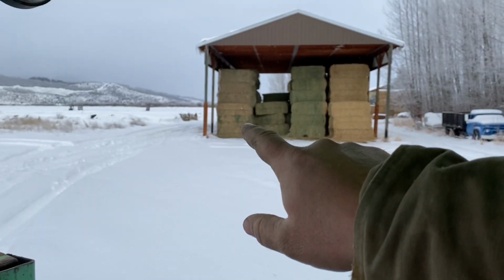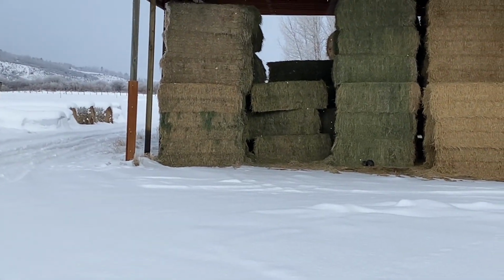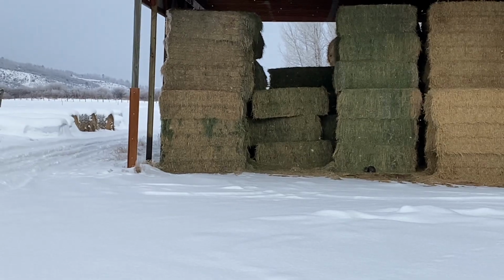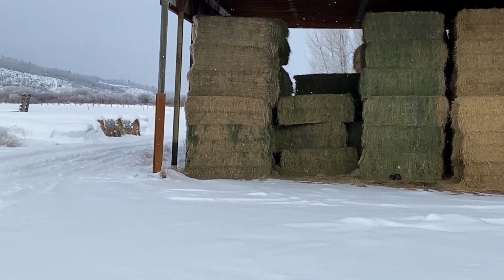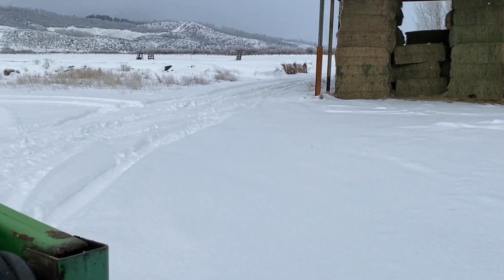So something that's been kind of a struggle so far this year. If you look in here, see on them hay bales, I'll zoom in a bit for you. But we've had a herd of elk getting into the hay shed here, starting to eat our bales and our round bales over here. So we've been dealing with that for about a week or so. Our neighbor just up the road from us has been getting a lot more of his hay eaten than any of ours, but I know the game fish was out here a few days ago trying to figure out what to do. So yeah, just one more thing